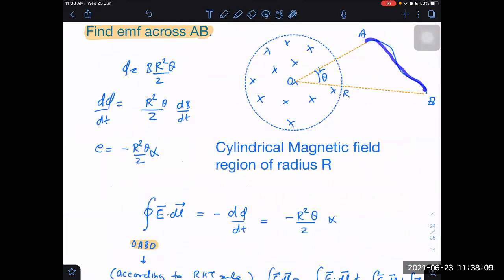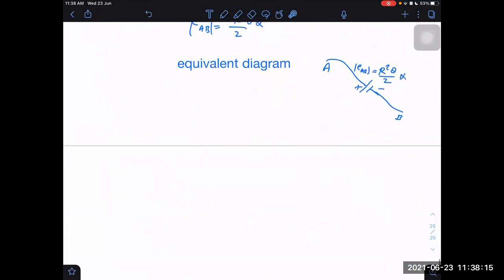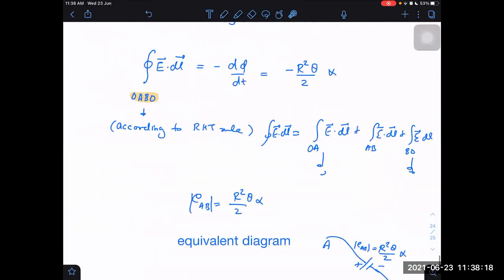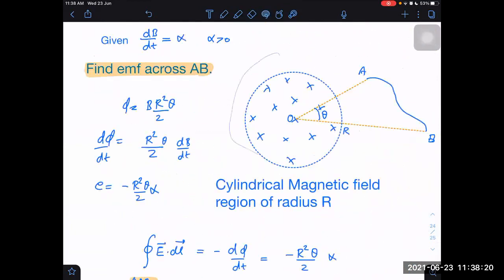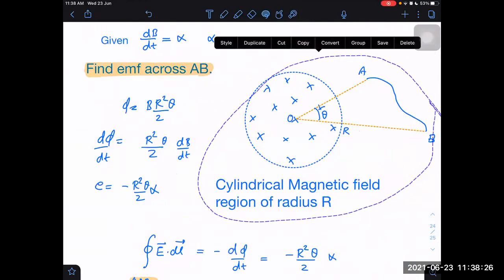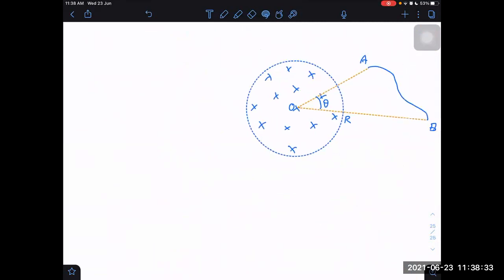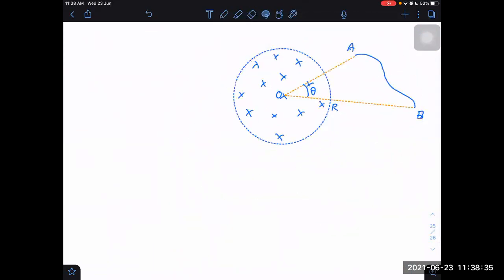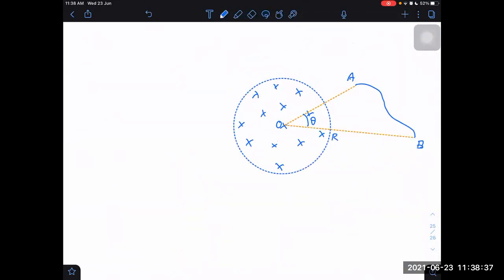This is EMF. We distinguish between EMF and normal potential difference. Let me tell you what will happen in that case. So I think I should repeat the same diagram again. No need to waste time, I will copy it. Sir, EMF is nothing but potential at that place due to magnetic field. Wait a second. Wait for some time. You will understand what I'm saying.